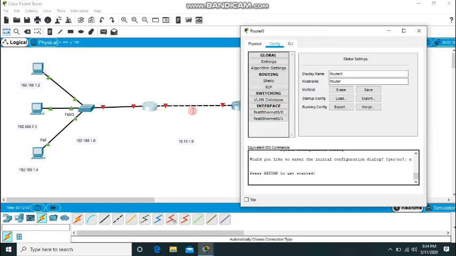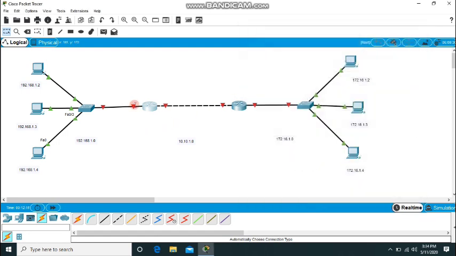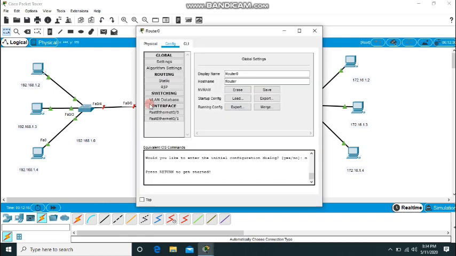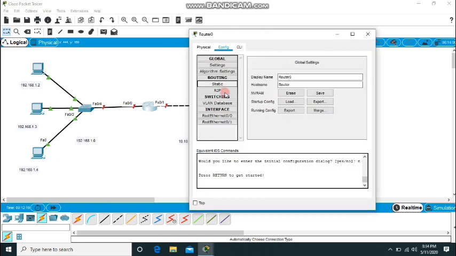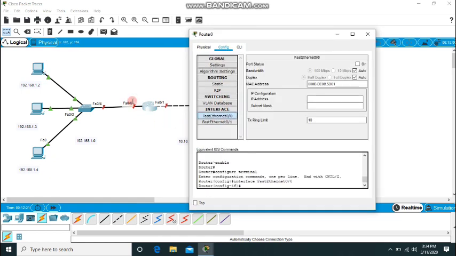For this router configuration, we first need to check which interfaces are available here. This is FA0/0 and this is FA0/1. For FA0/0, the default gateway we are giving here is 192.168.1.1, and the mask comes automatically.